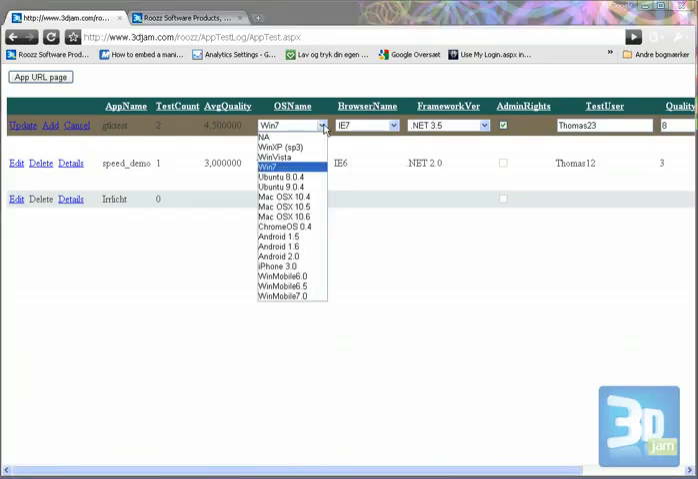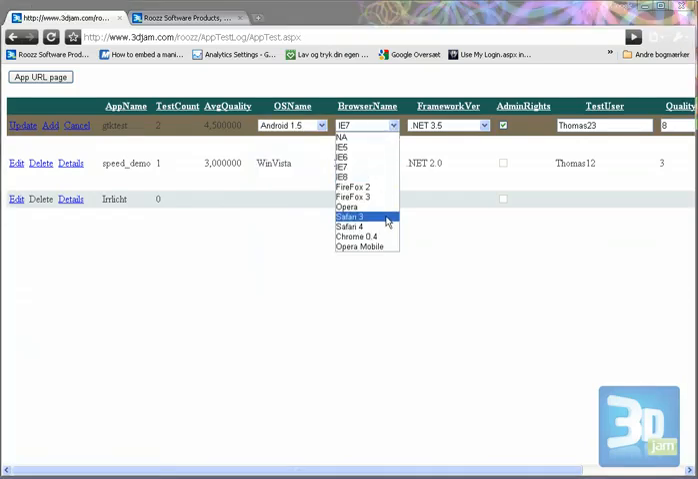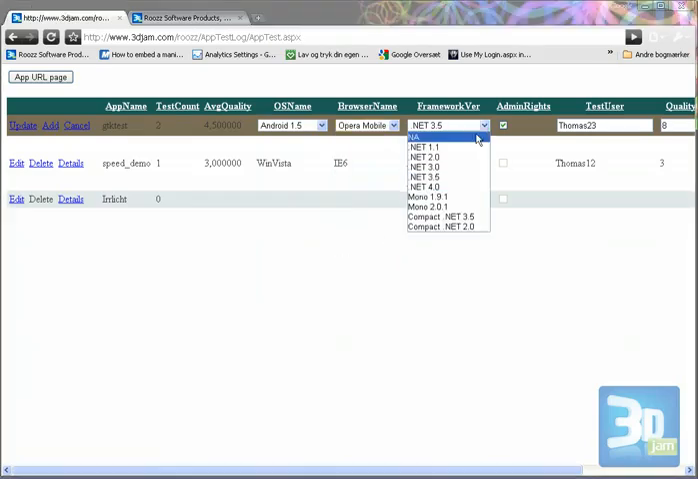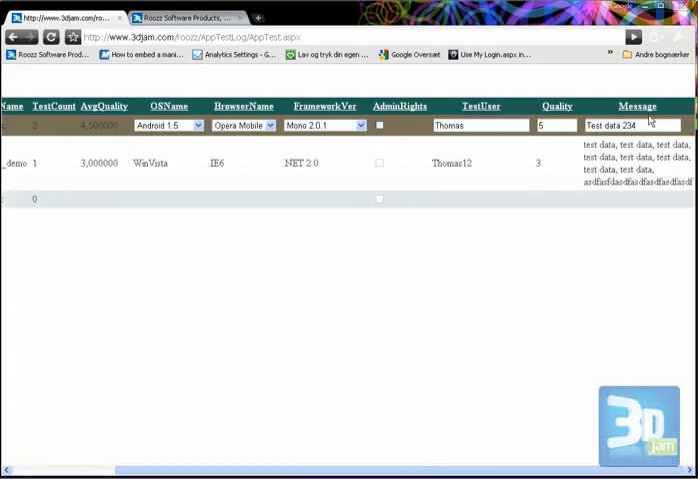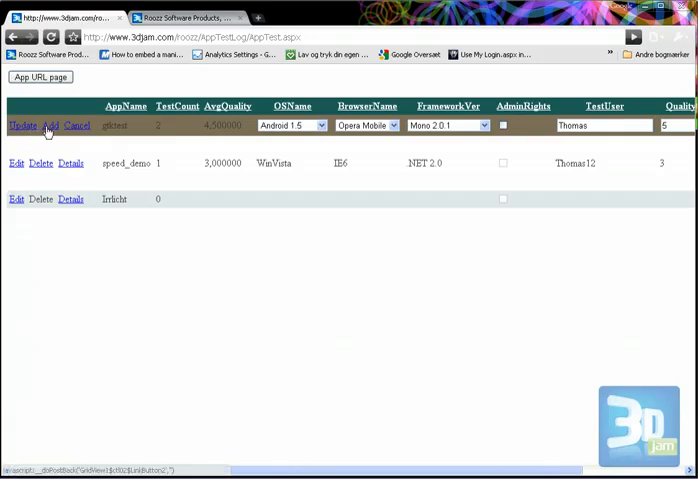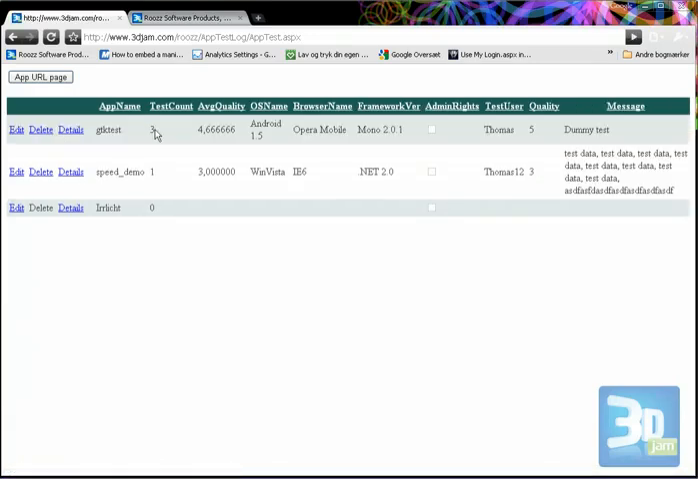So let me just come up with a crazy one. Let's say that this one is running on Android. The browser is not here. Let's say it runs on Opera, and the .NET framework is this one. I do not have administrative rights. Let me just put that like that. Quality, maybe that is 5, and message, some dummy test. Alright, and then I can click add,